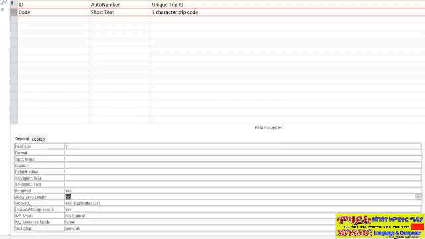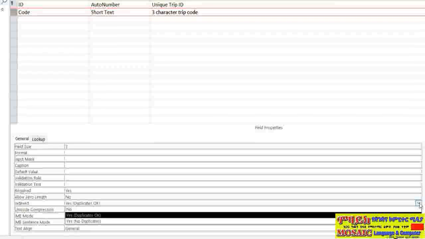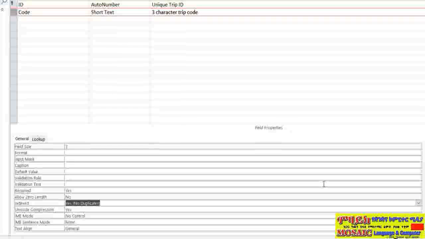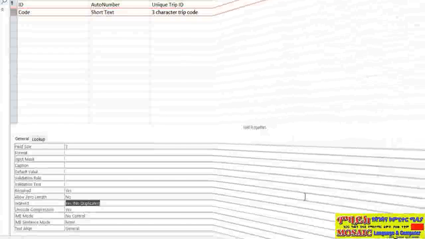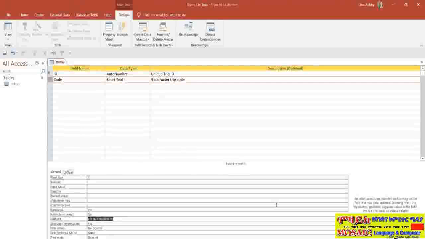And finally we have index. Now, is this field going to be indexed yes or no? I'm going to explain a little bit more about indexing at the start of the next module. For now, the answer is yes, but the trip code cannot be duplicated. So let's change that to yes, no duplicates. So now I basically have the definition of the second field in my trip table. We're going to be going into this in more detail in the